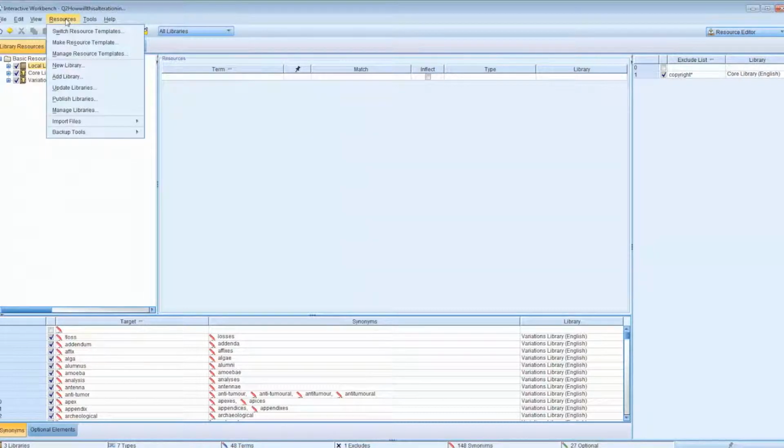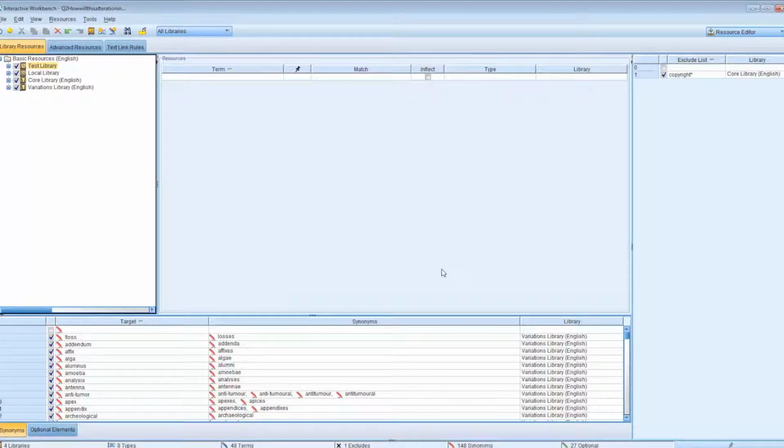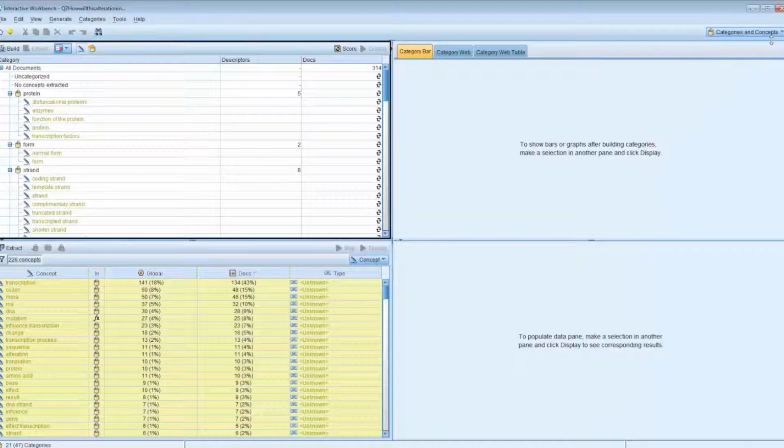To add a new library, I go to Resources and I click New Library, and let's call our new library the Test Library. Okay. And then I click OK. Let's now go back to our Categories and Concepts window. So we go to the top right where we see Resource Editor, click on the drop down and select Categories